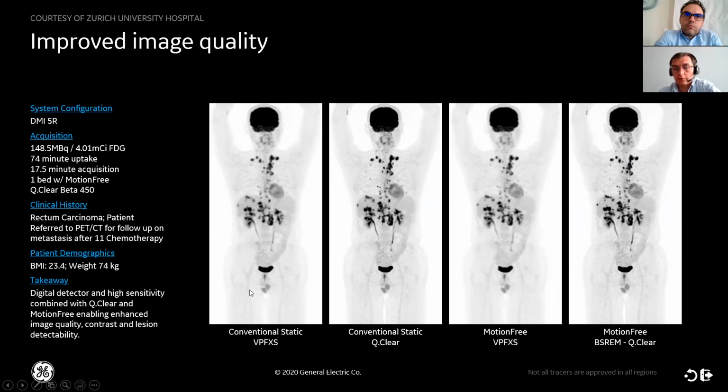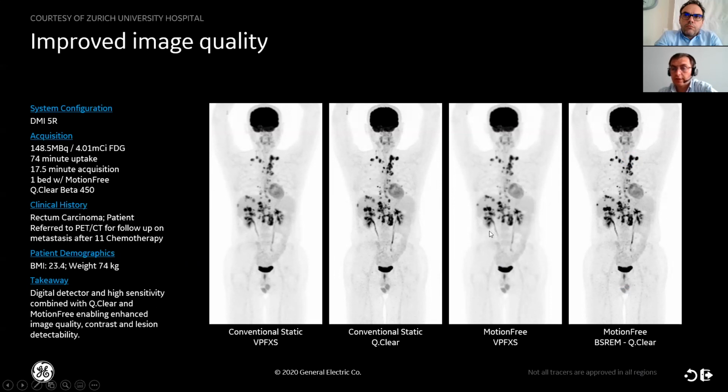Normally we are able to use high sensitive systems and get very good image quality, here combining iterative reconstruction with time of flight and SharpIR. Additionally, in GE, we are able to use the BSREM algorithm that is unique for GE. In GE, we call it Q-Clear, and that is improving signal to noise ratio. Additionally, we are able to use motion-free, and here is a demonstration of the impact of reduced blurring and improved contrast